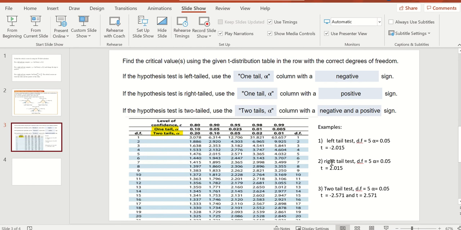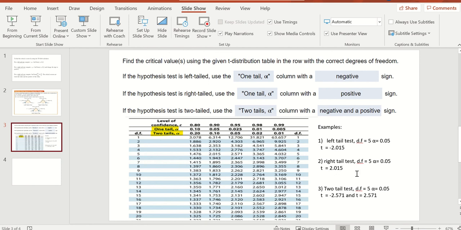If I wanted to do something similar, but let's suppose we have a right tail test, 5 degrees of freedom again, and an alpha value of 0.05. If it's a right tail, then once again that's one tail. 0.05 is here. I'm going to go down till I hit 5 degrees of freedom again. And because it's a right tail, I just use the value as it appears in the table. So keep it positive. The t value there would be